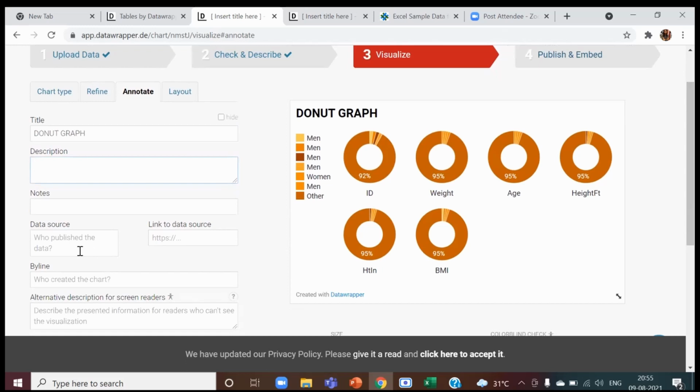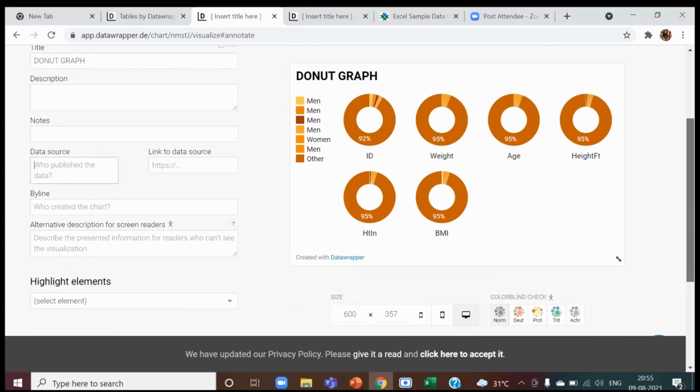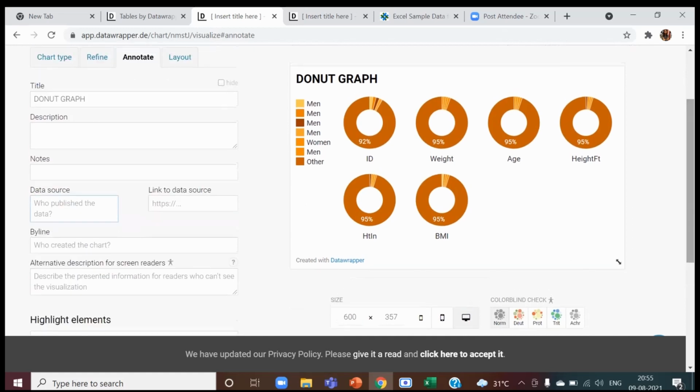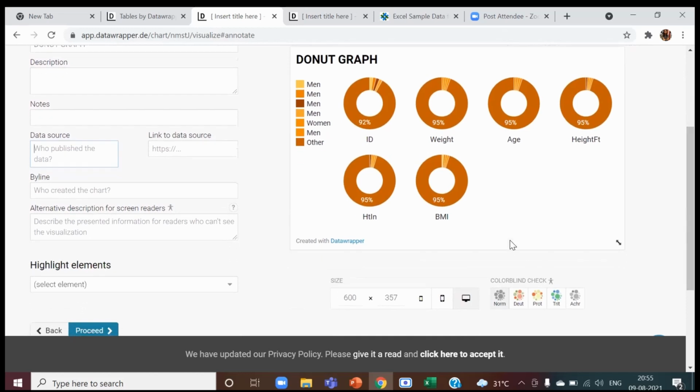We can even add a data source wherever we have obtained this data from, and a link to the data source can also be added, so that the user has access to the data source also. This whole tool also enables colorblind people to access the visualization, as there is an alternative description for screen readers, and there is a colorblind check.